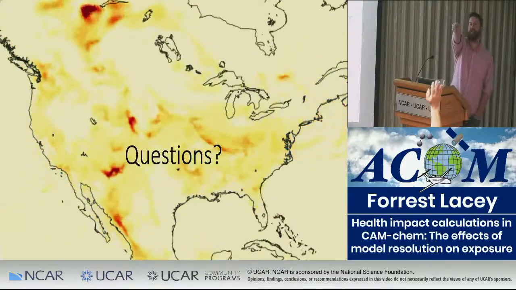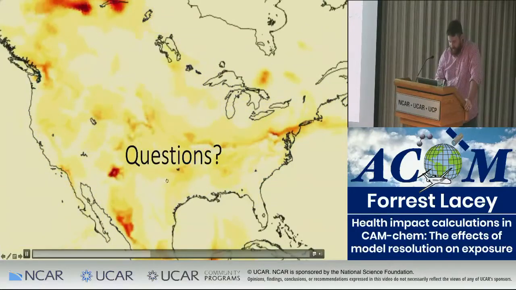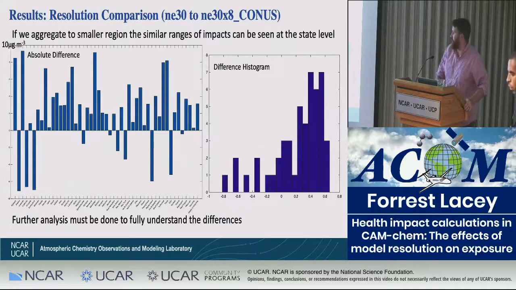No, he's got that. If you go back to where you had the histogram, the PDF, the differences with the resolution. So the state one, and then do you want state or EPA region? That one's good. Okay. So the difference histogram seems to be biased towards positive values. Do you understand why that would be, and do you think that's a true improvement?